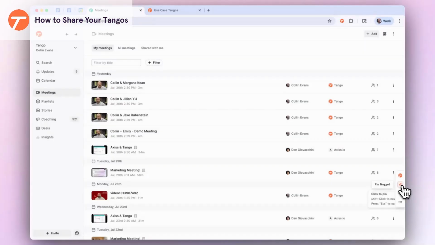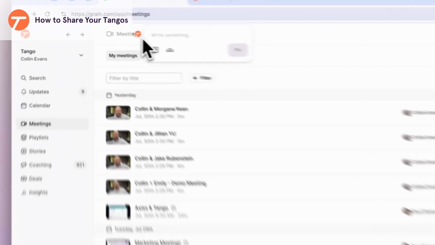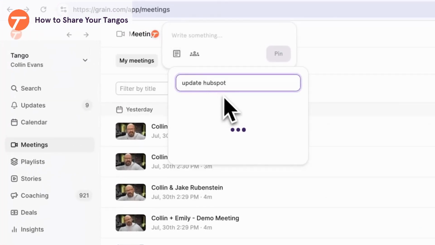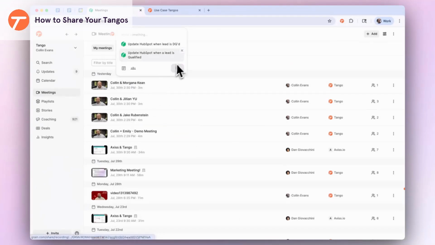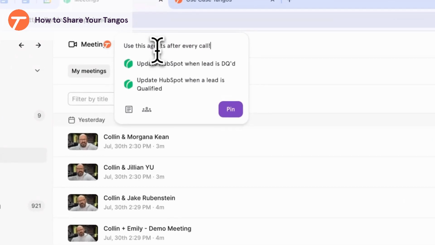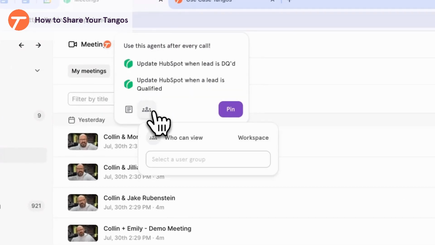So in Grain, I can pin both of these tangos into the user interface of Grain for our BDRs to use. I simply just select which agents I want to give them access to, and I can even add a little note that says, use these after every call. I can also make sure those agents are shared with our workspace or even select a working group of just